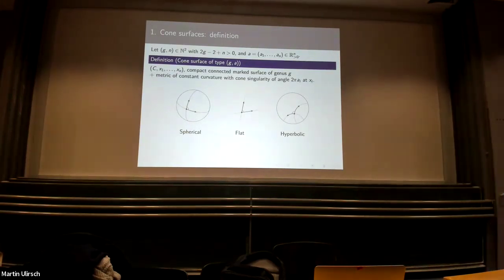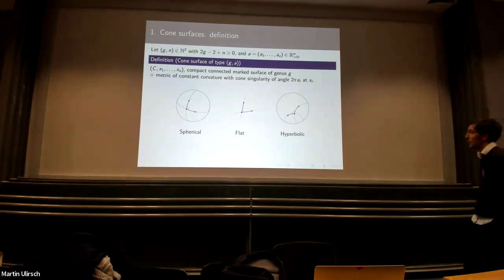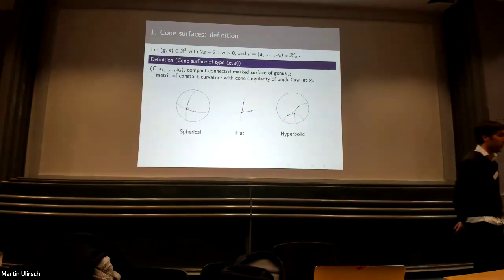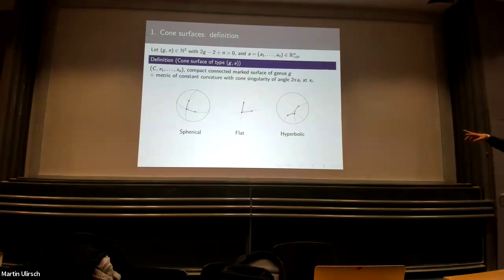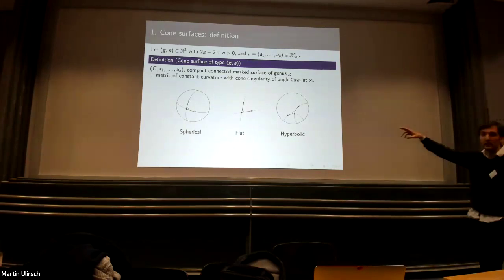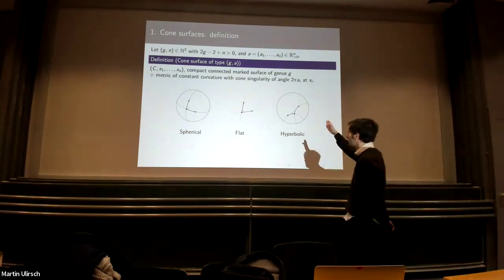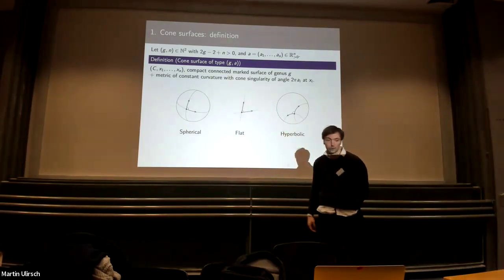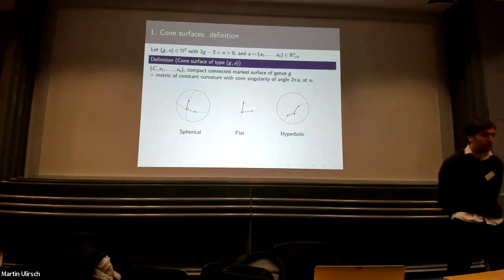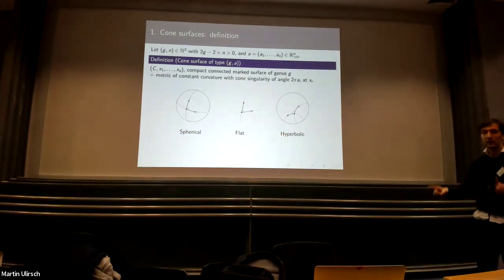But let's say you have 3 types of geometries. Maybe you've seen this. I allow myself to scale, so I can have a metric which is either of curvature -1, 0, or +1. So it would give hyperbolic for -1, flat for 0, and finally spherical for +1. And for me, a cone surface is something that looks like a little piece of one of my 3 preferred domains, with the properties of the Euclidean domain,